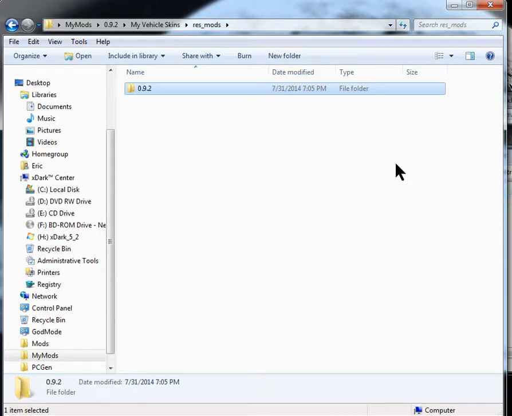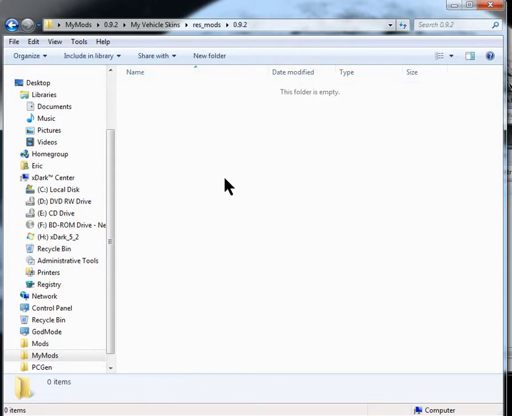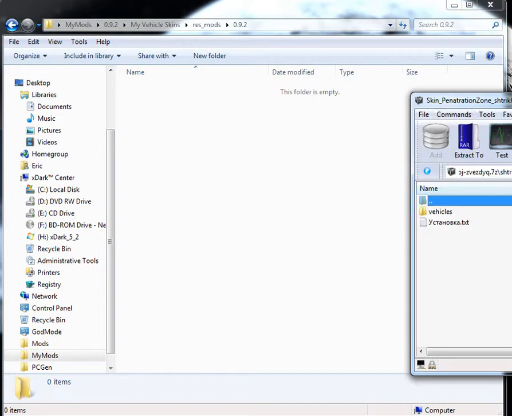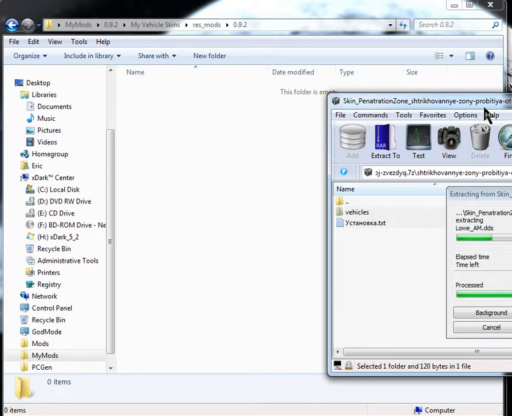And you have to keep creating these folders based on where the file is going to eventually go. Now, as it happens, 0.9.2 is exactly where Vehicles needs to go. So we're going to drag and drop that Vehicles into this subfolder. And that's just going to take a short second. Pardon me for the hiccup. I'm going to do this 4 more times for 4 more mods,